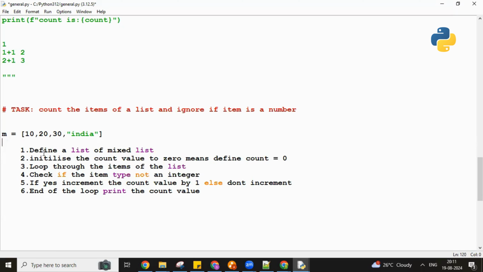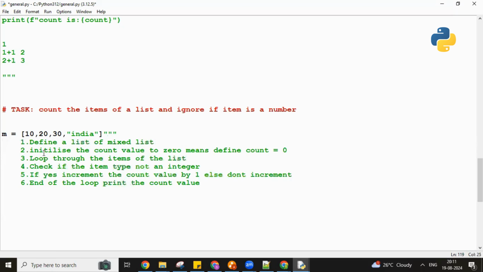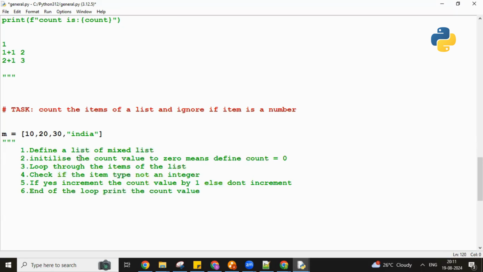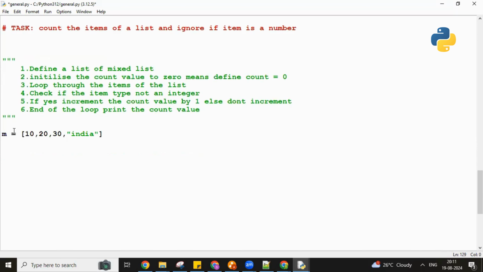So Priyanka, you fine, is it? It's okay. So let's do this program. Correct? First step gone. Second step, counter to 0, correct? Count equal to 0. Third step, loop for item in M. And fourth,